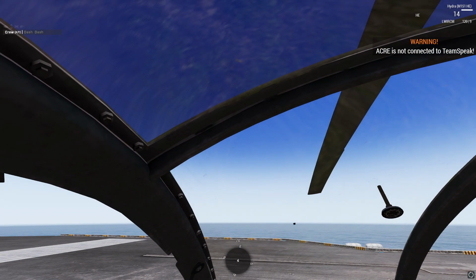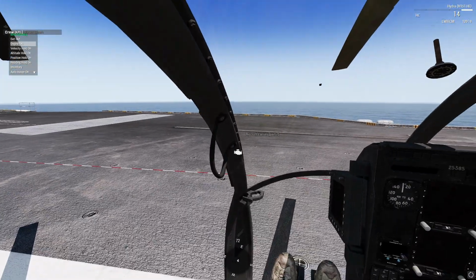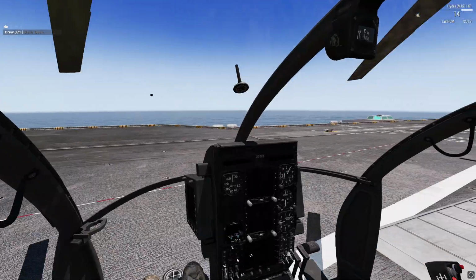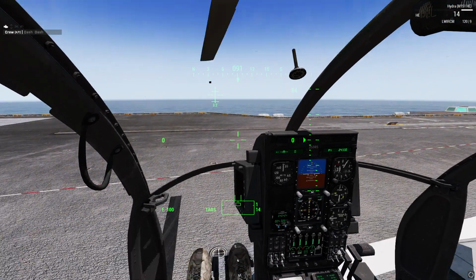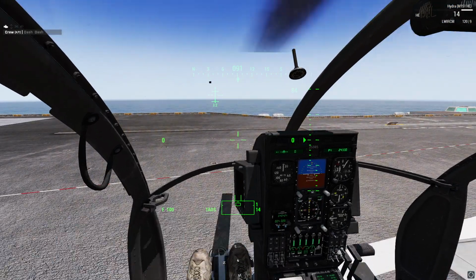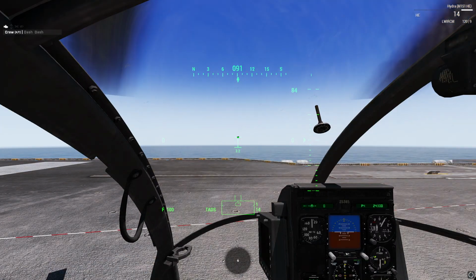Alright, in this tutorial we're going to be going over how to maintain a hover. So we're going to go ahead and start our engine here and get off the ground. For maintaining hover, there are two ways you can do it. The first way is really